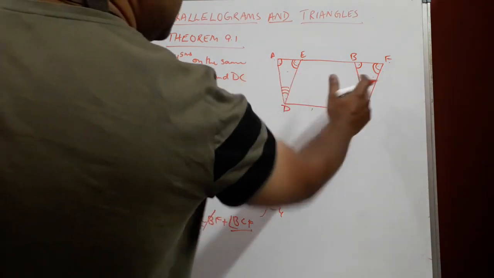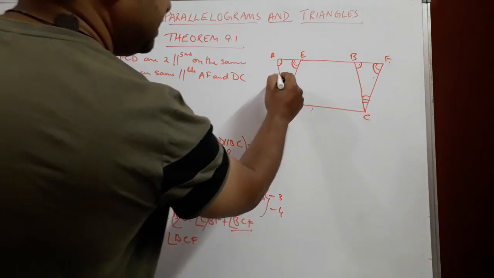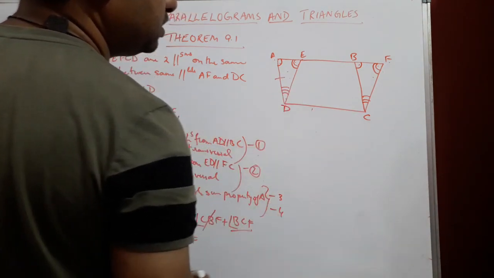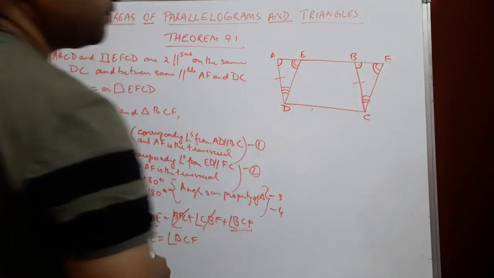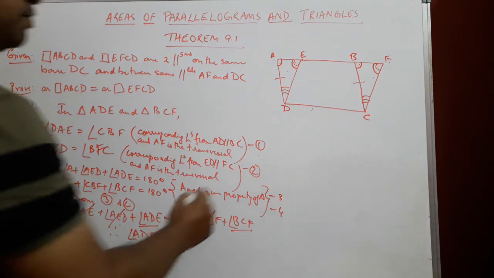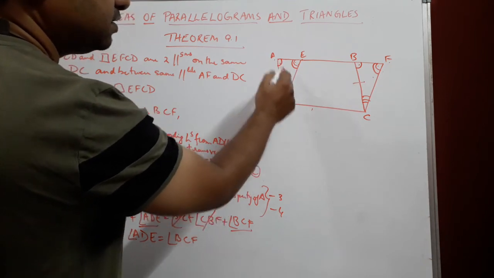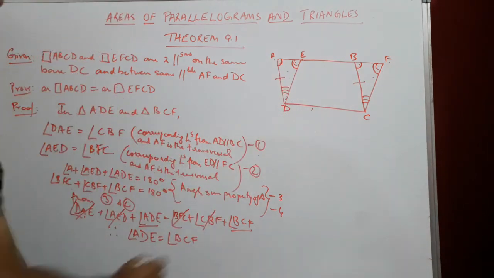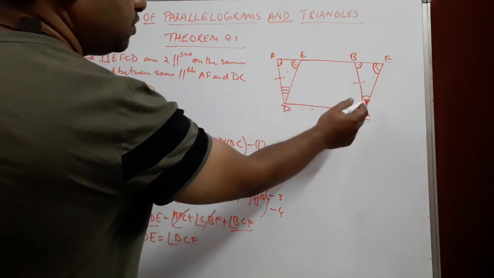All three angles are equal to each other, but we need to fit it into a criteria to prove that these two triangles are congruent. So now we know the fact that AD is equal to one side of this particular triangle, which is BC. Why do we need that? That is to prove that we have got angle, side, angle. Through angle, side, angle, we will be able to prove that these two triangles are congruent, and that's what we are trying to get at. That is why we have to get this angle also equal to each other.